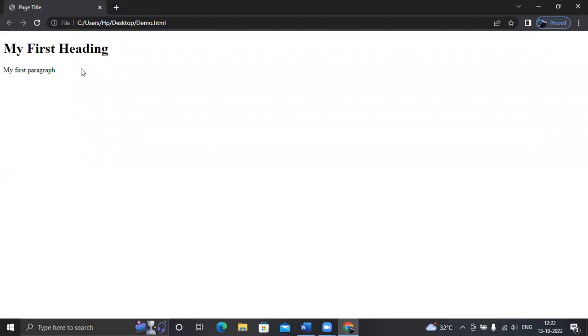Because I have used an h1 tag, that text will display like a heading, and it will be a little bit bigger. The text within the paragraph tag, my first paragraph, is showing like a normal text. Are you getting that? What is the difference between the H1 tag and the paragraph tag?